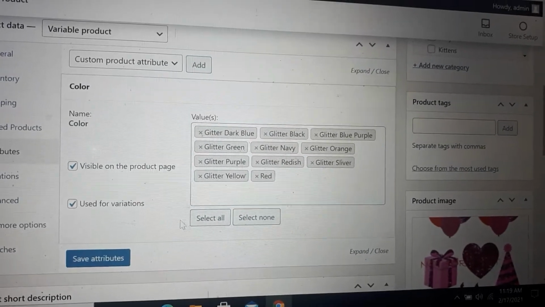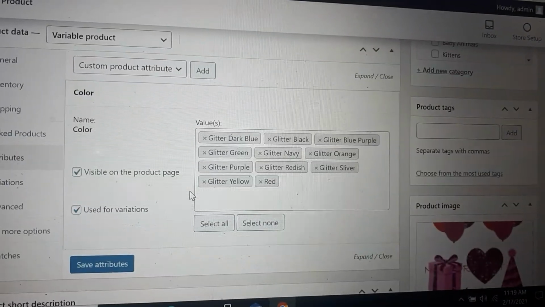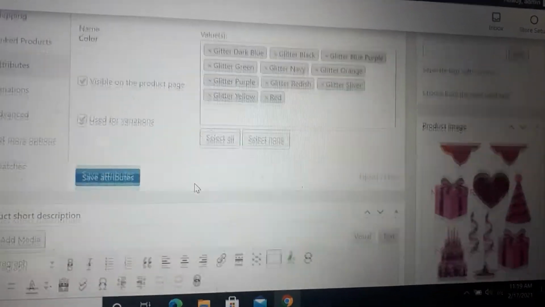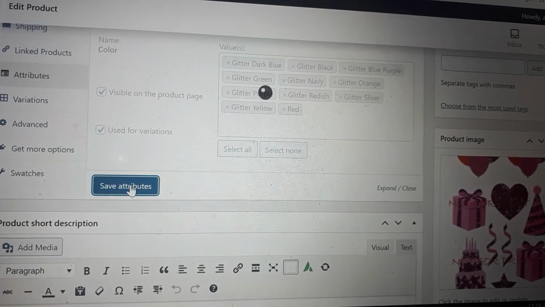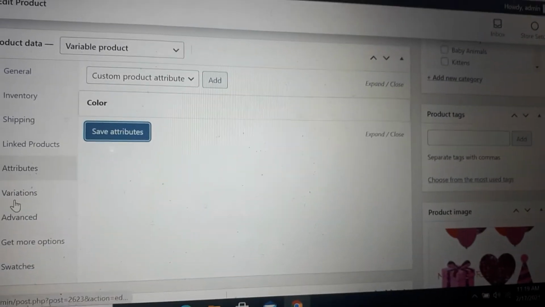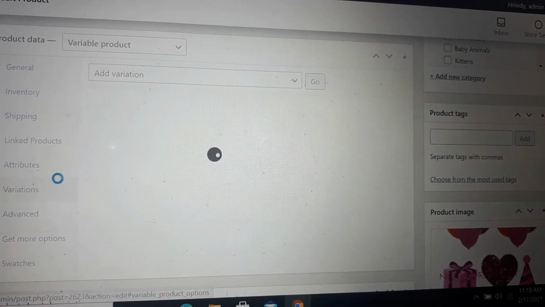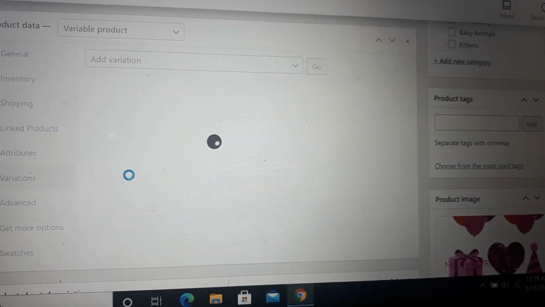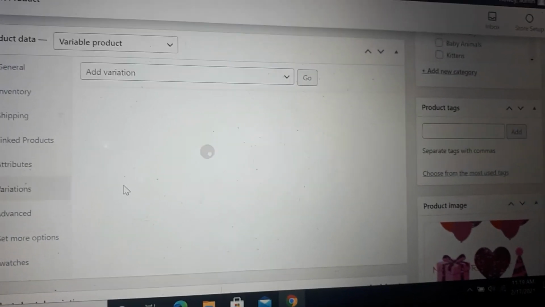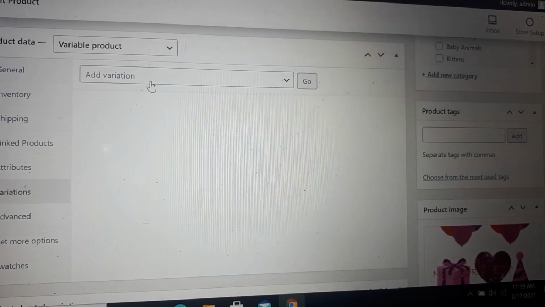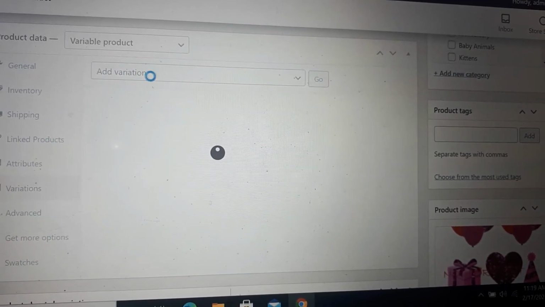After adding these colors, we click on save. After that you just need to click on variants, the same as we do when adding a product.